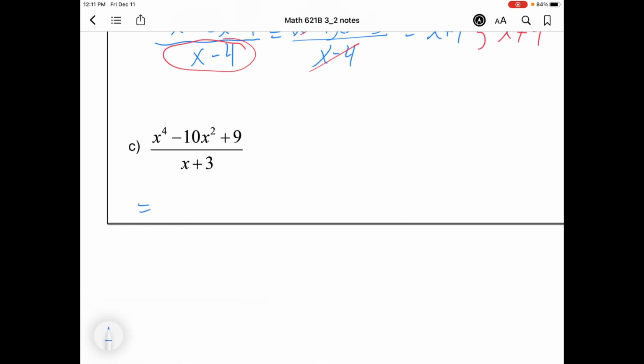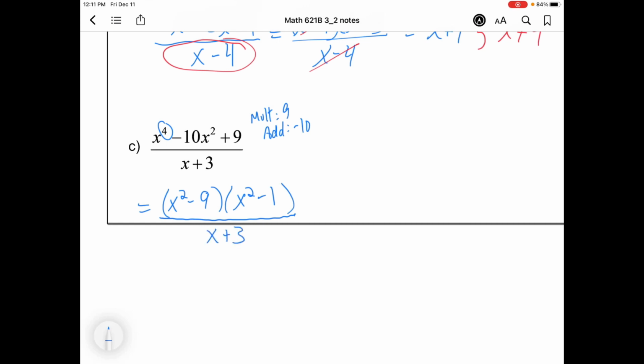And we're back. Okay, so this is still a trinomial. The only difference is it has powers of 4, but it's going to factor the same kind of way. I'm looking for numbers that multiply to 9 and add to -10. And I know that those numbers are -9, -1. This one is going to factor with some x squareds because there was an x to the 4th here. And then on the bottom,